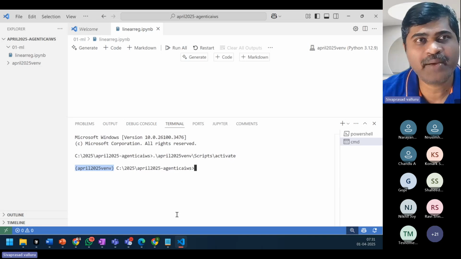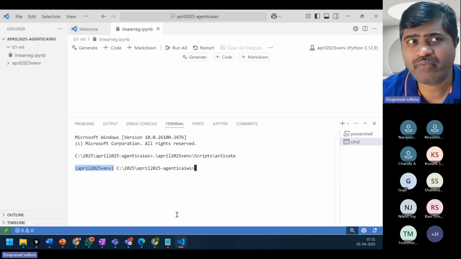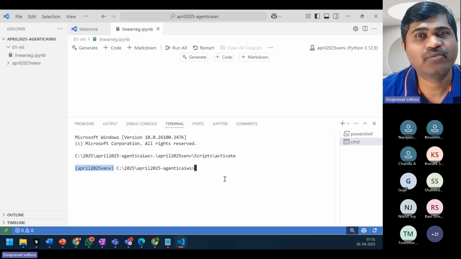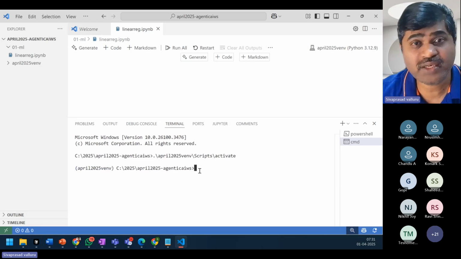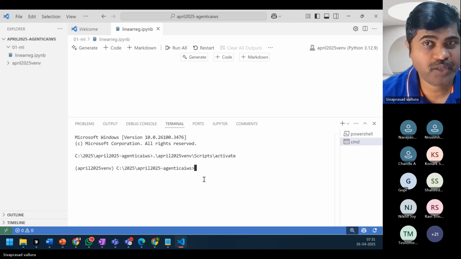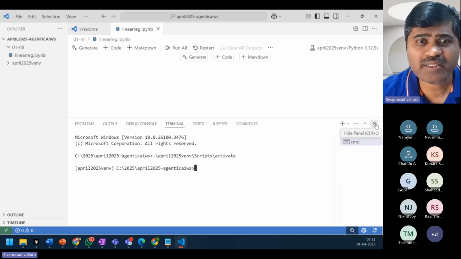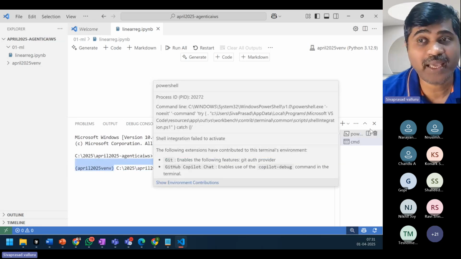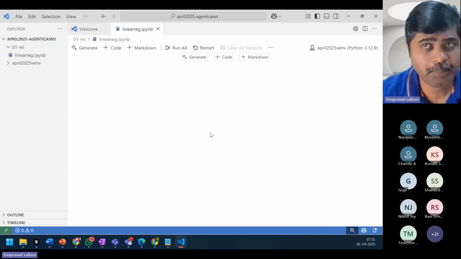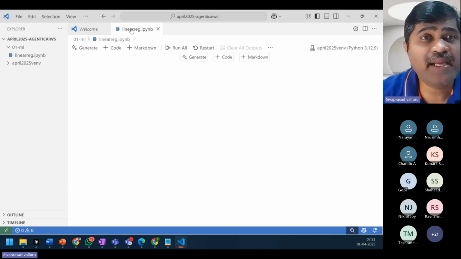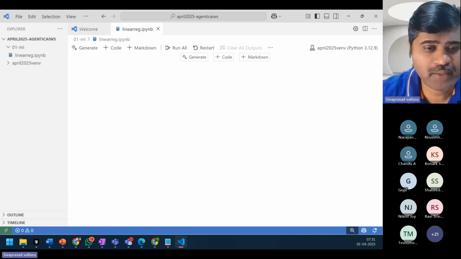We can launch the command prompt from within Visual Studio Code, and we can execute the commands here itself. Okay, I'll close this command prompt. I have activated. Let it be. I can open it anytime whenever I want. I'll close this. Now I made sure that my notebook is pointing to this virtual environment.